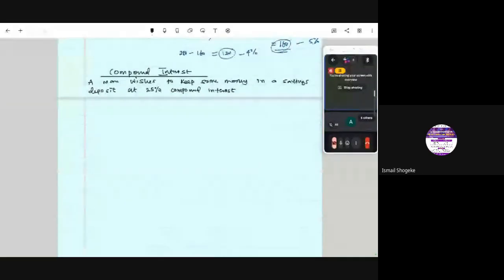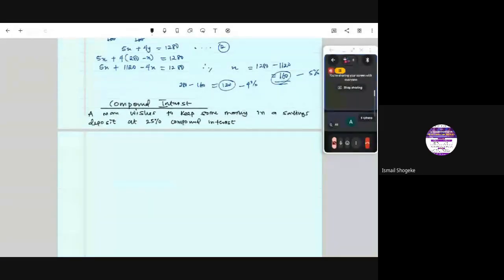It's not as if they are dumb. No. It's because we have two types of interest. We can have compound interest and we can have simple interest. Both are forbidden Islamically. So at 25% simple interest, compound interest, sorry,